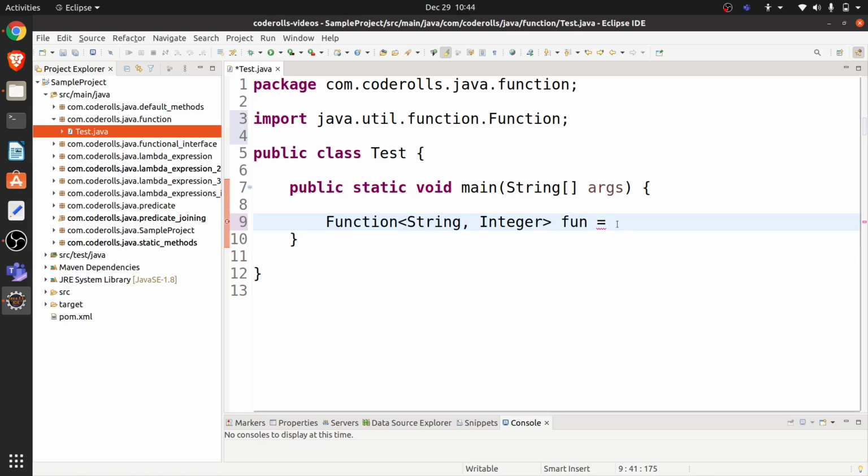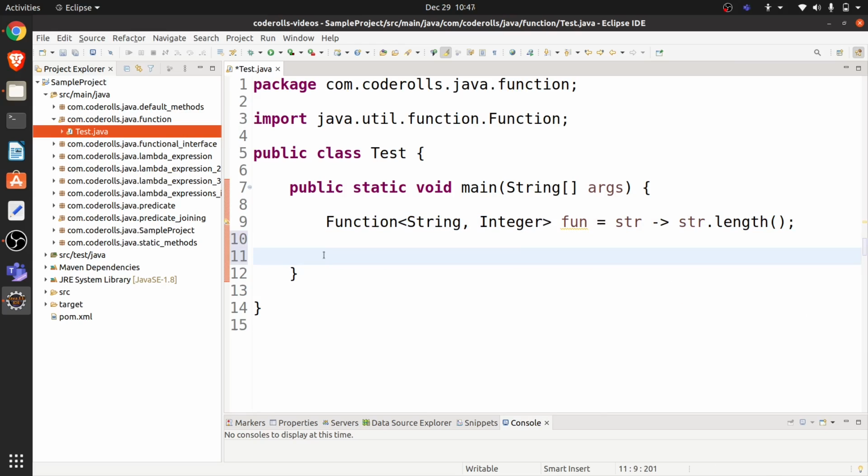Now here we will be writing a lambda expression, and I have already created a video on how we can write lambda expressions for various cases. You can check this video. I will give the link in the description. So what we are expecting here is a string, and we will be producing the result as the length of the string. So str.length().